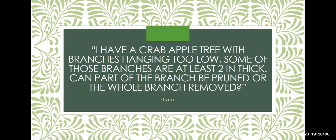Next question from, I'm going to butcher the name, Line. She says she has a crab tree with branches hanging too low, some of them as thick as 2 inches. Can part of the branch be pruned or a whole branch removed? Absolutely, you can do it. That's what tree trimming is all about, and trimming from the bottom up is pretty easy. A lot of people have to do it for mowing. It's better to do it when it's younger, but